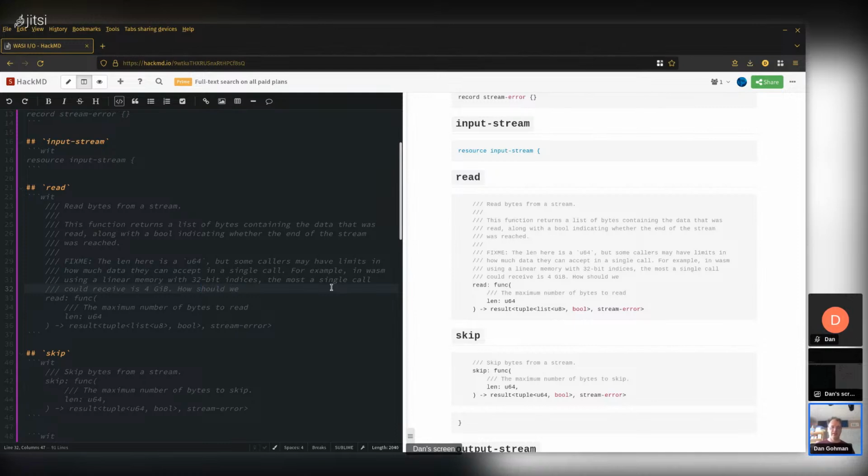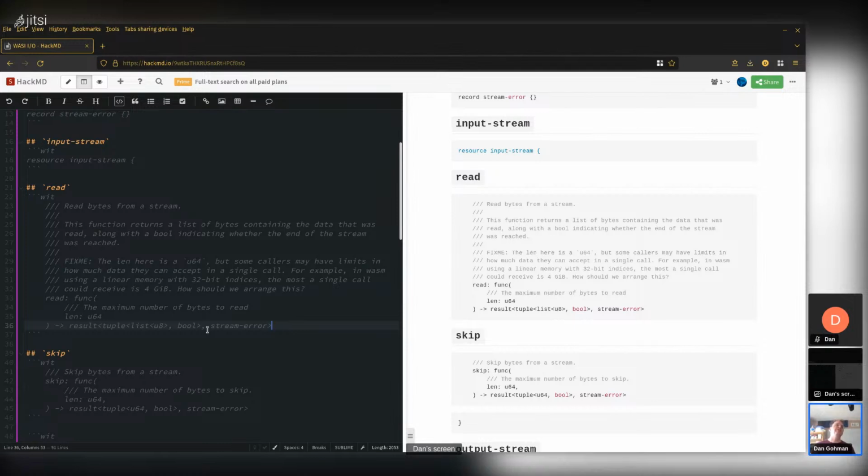How should we arrange this? Okay, so that's actually a question that I'm just feeling now that we need to think more about: if the caller can't accept more than a certain amount of memory, how would the callee know this? I guess the way this would show up, if we just naively do this as it's written right here, is that the callee would try to call the caller component's allocation function to allocate the list. And if you pass that function a size that's too big, it will fail. And then I guess the callee can know that, and it could fail here.